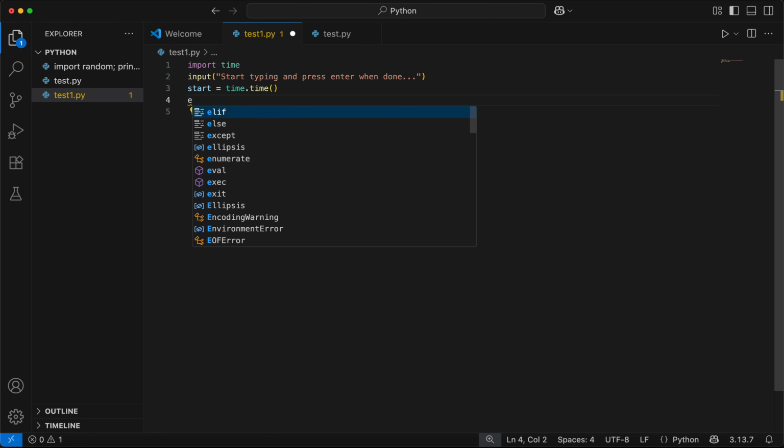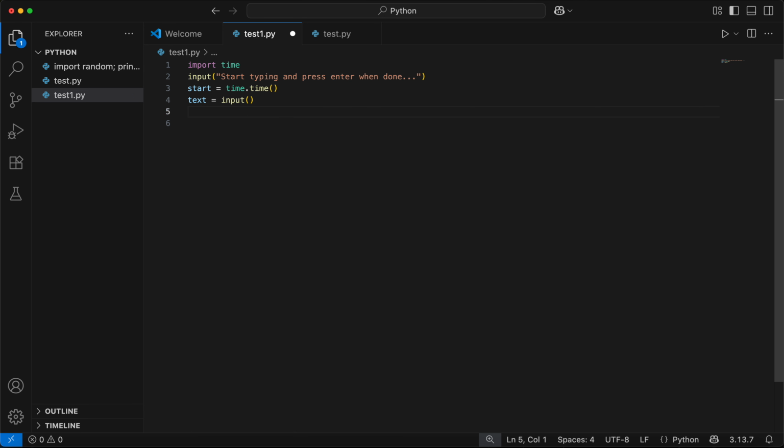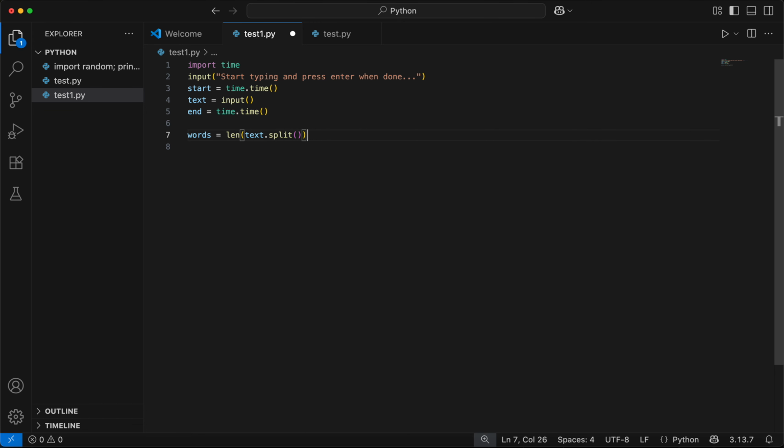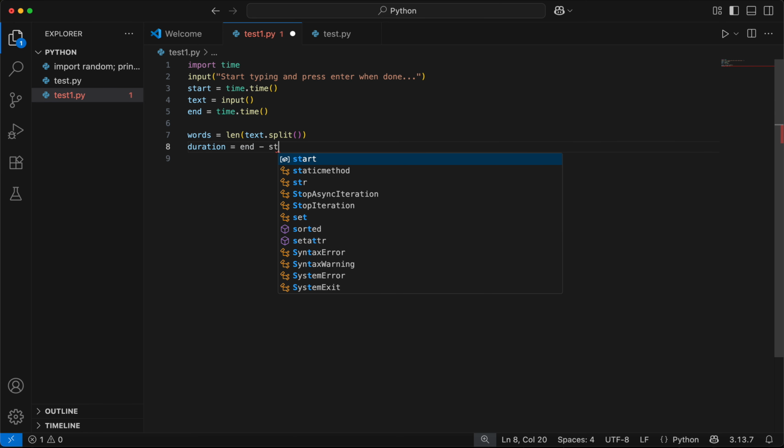Next we write text equals input, and next we write end equals time dot time, and last we like to write words equal len text dot split, and then we like to write duration equals end minus start,